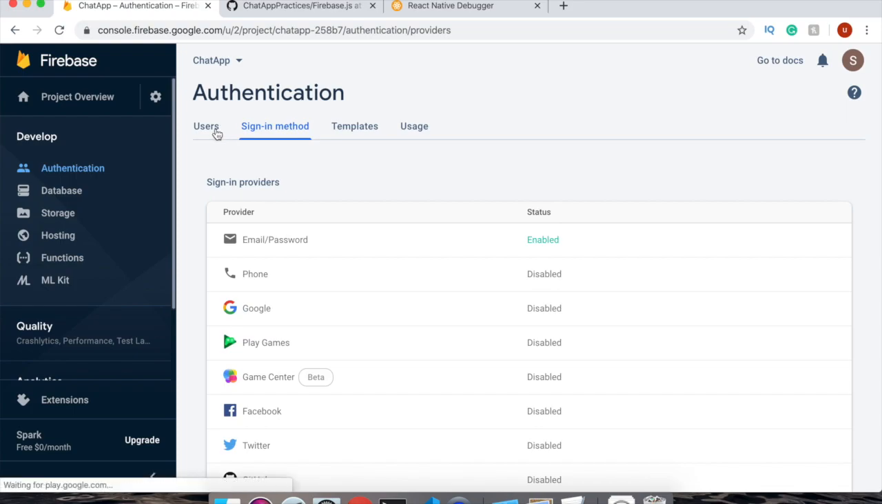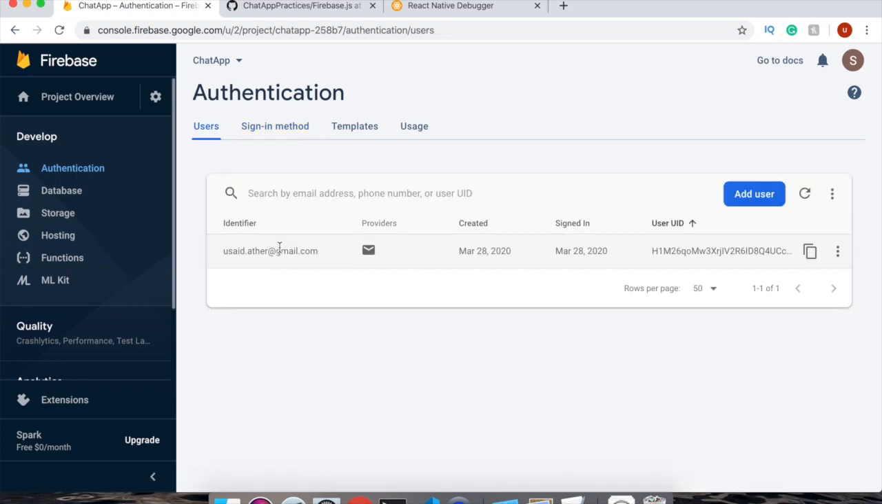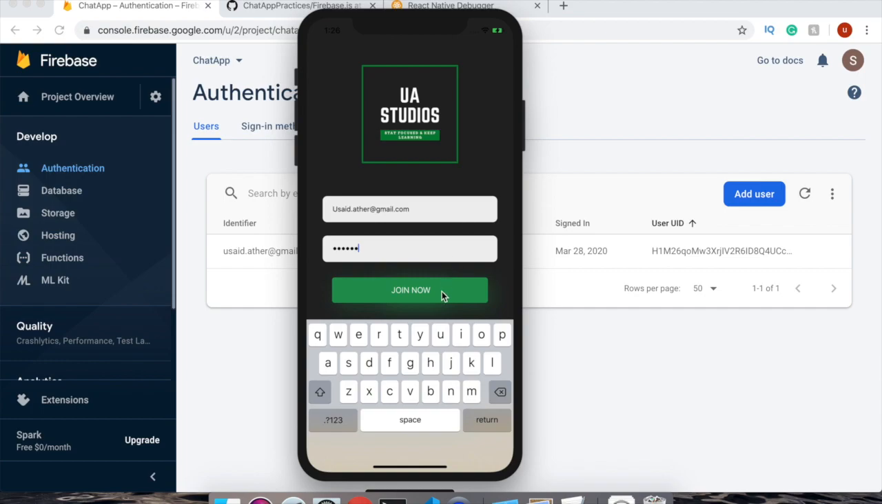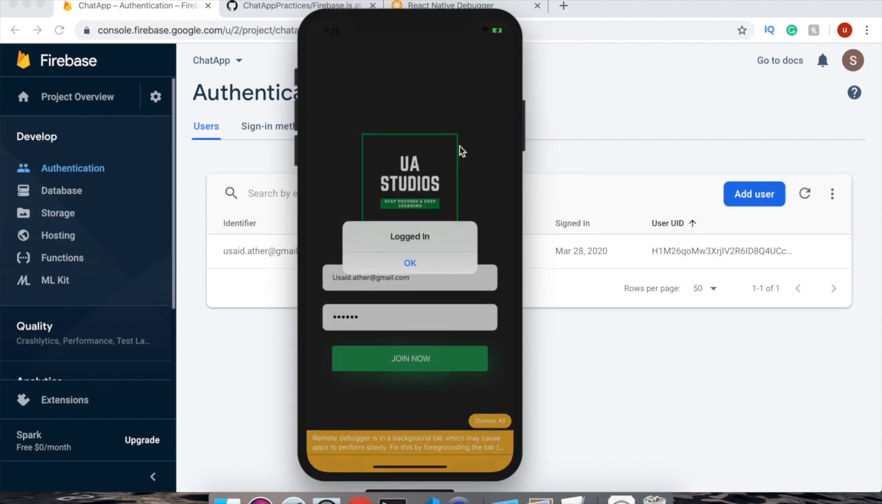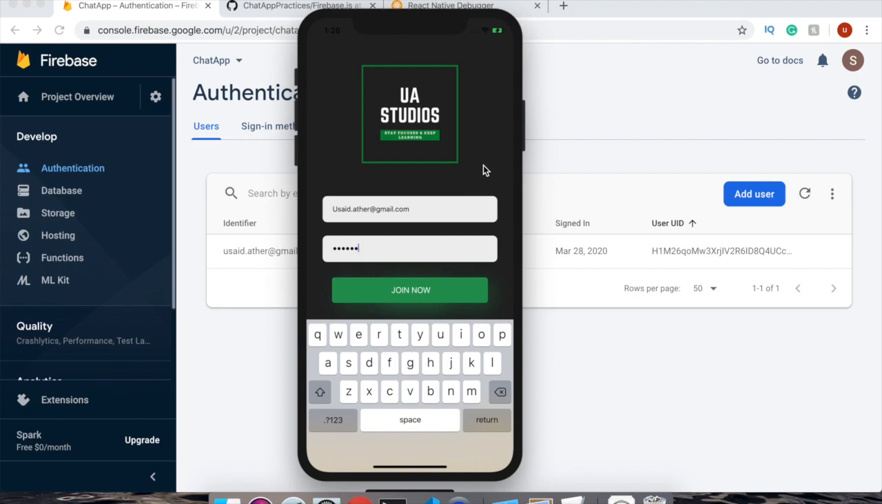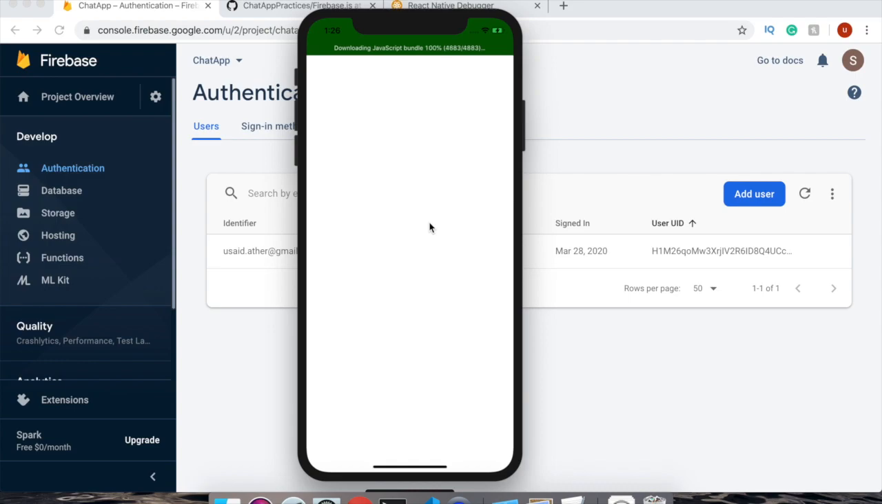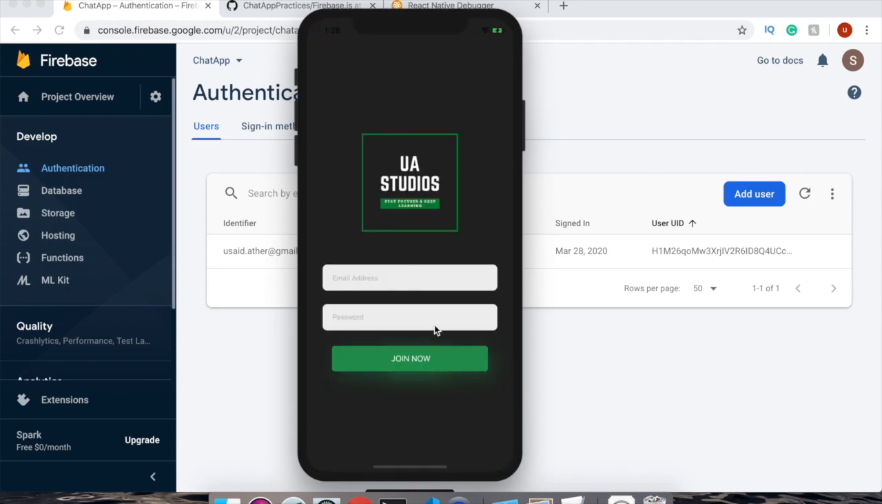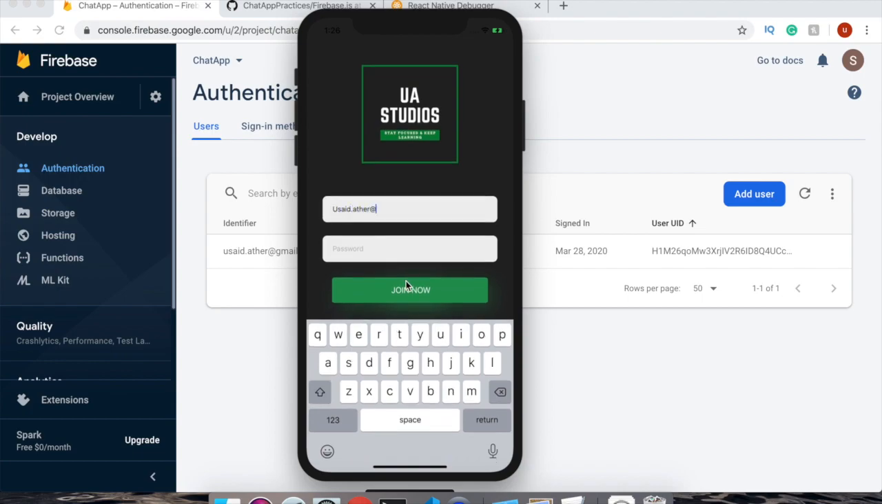If you want to see the users, click on users. As you can see, we successfully created a new user here. Now let's log in. If I click again, it will sign in. It will show me the logged in alert. I hope it should show me this. So it's logged in. Okay, why? I got some issue, I guess. What's the issue? If I dismiss it, and now if I log in